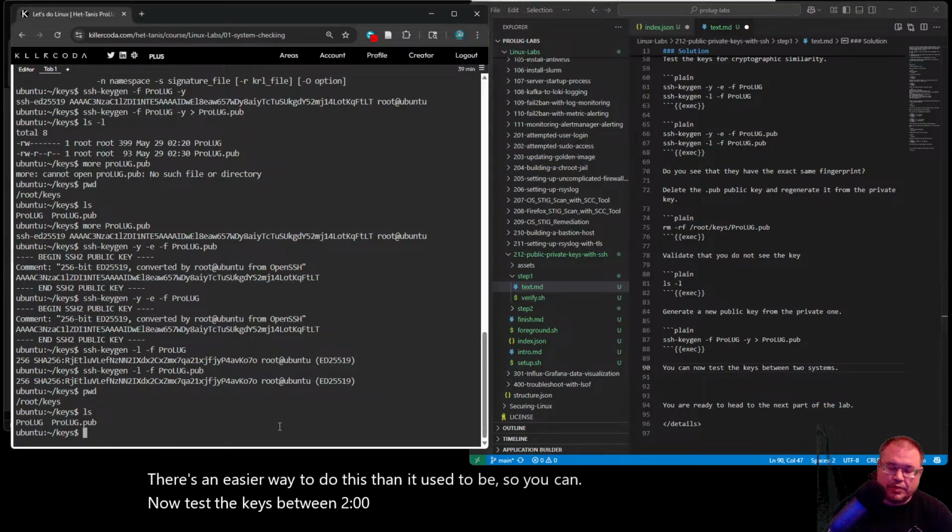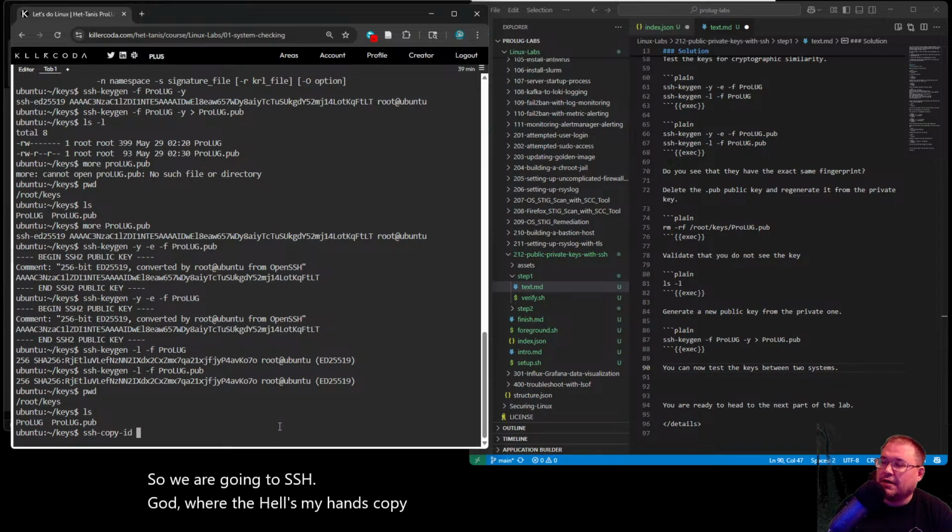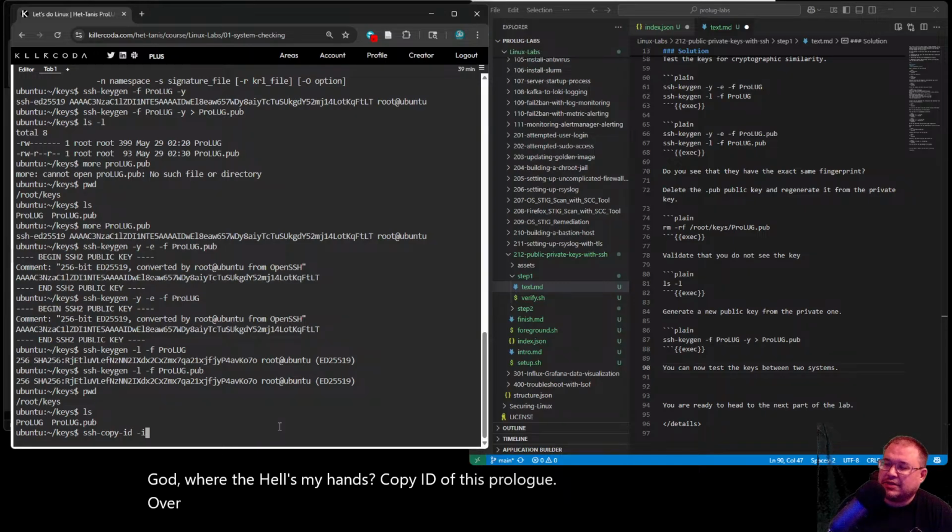So we are going to SSH copy ID of this prolug over to, I think we need a -i prolug, right? That sounds right. Over to, we'll just say node 01.